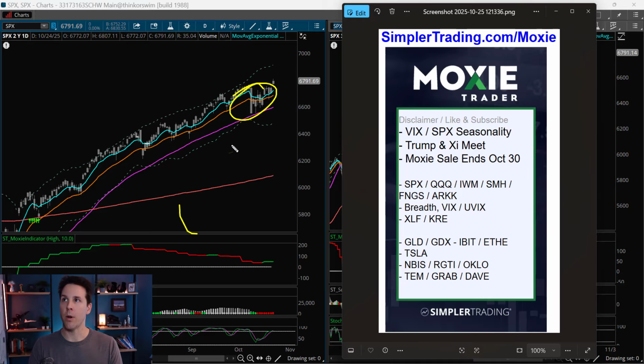And then there was a lot more talking back and forth, just negotiating, strong arming, whatever you want to say. And then the market said, oh, okay, maybe we got this all figured out, and we'll keep going higher. So I think the Trump and Xi meeting should be good. I would imagine Trump is probably going to say good things about it, unless it's an absolute disaster. Of course, we don't really know.